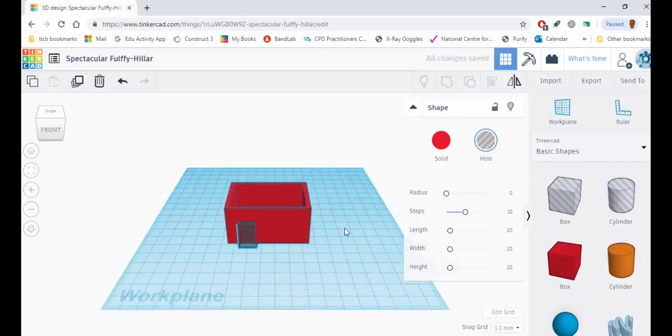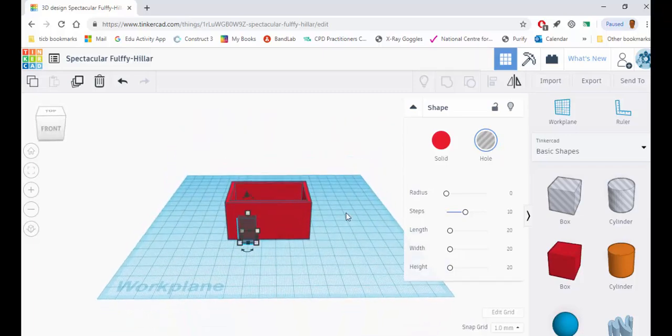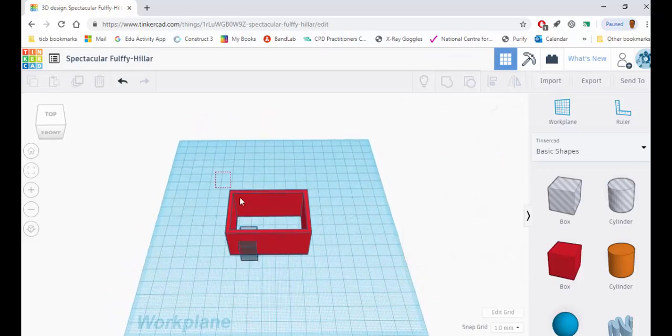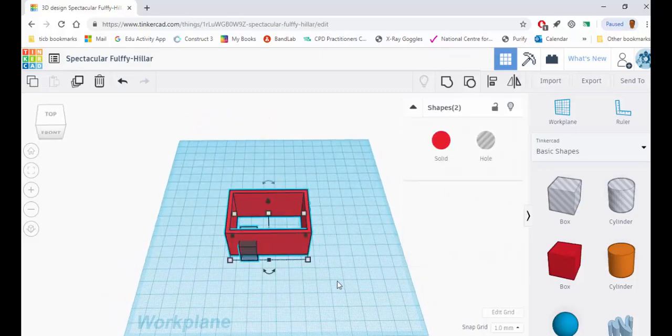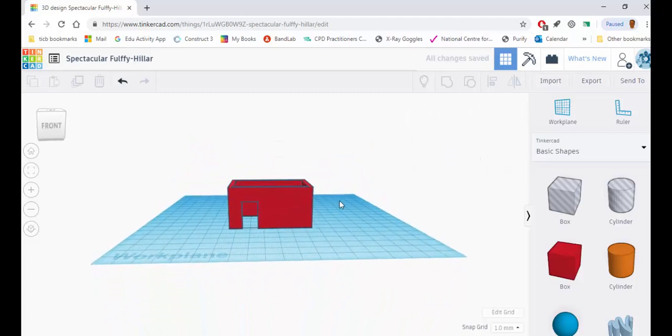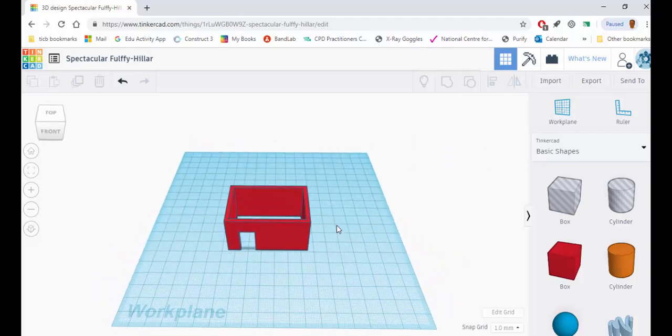I'm quite happy with that at the moment, so I'm going to click up here and drag around both of them to select both things, and turn that into a grouped shape. If I click on group, then the door has now come into place. So that's my door done, and the next thing that we'll do is we'll put